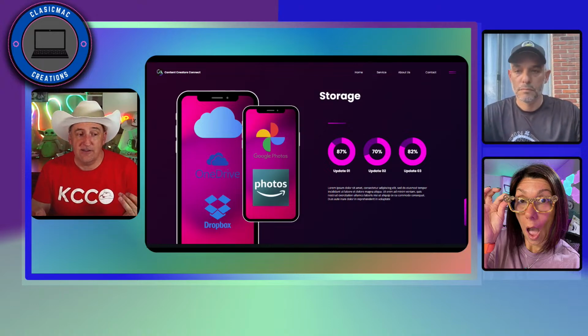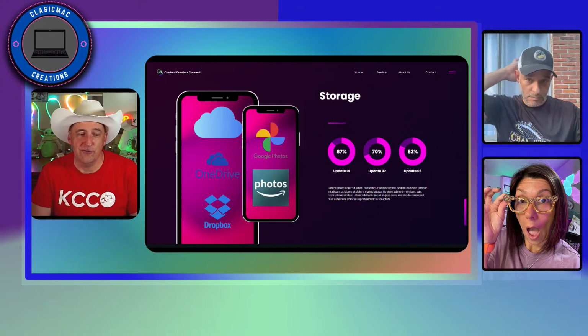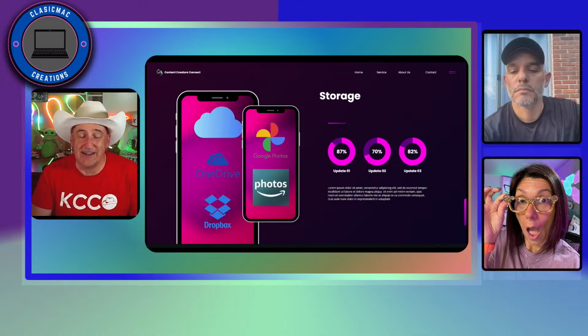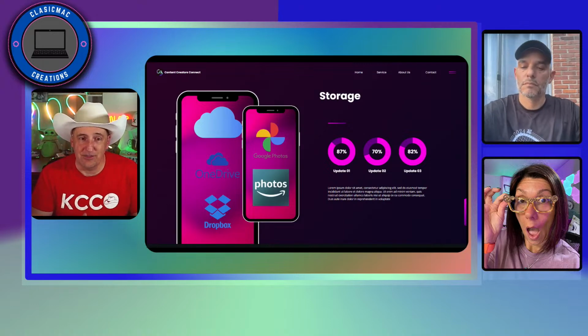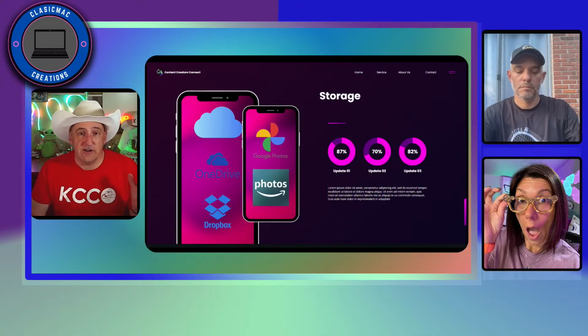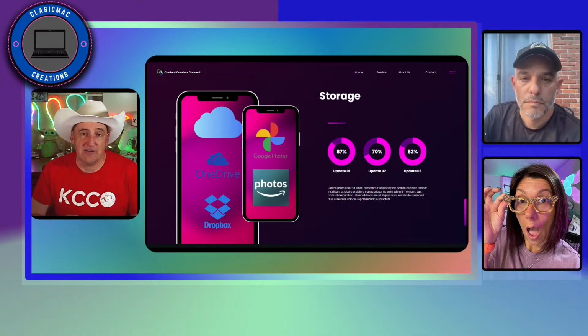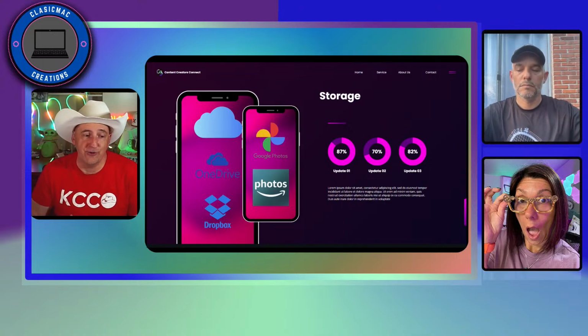For me, I see that I can go up to 200 gigabytes, 2 terabytes, 6 terabytes, or 12 terabytes. And that ranges in price from $3.99 all the way up to $79.99 per month. So take a look if that is something that you're looking at to get your photos and videos on your device automatically backed up.